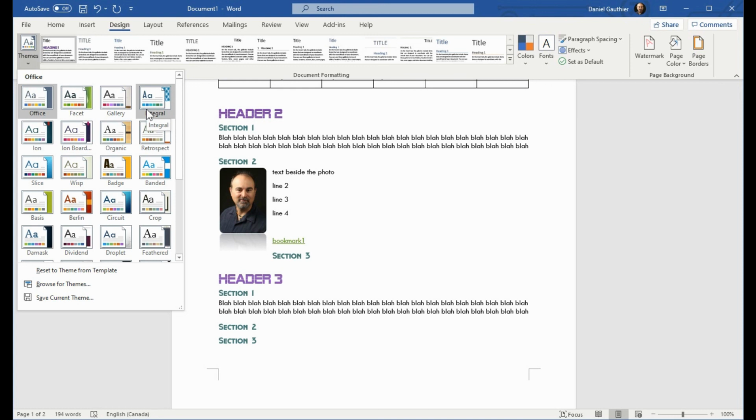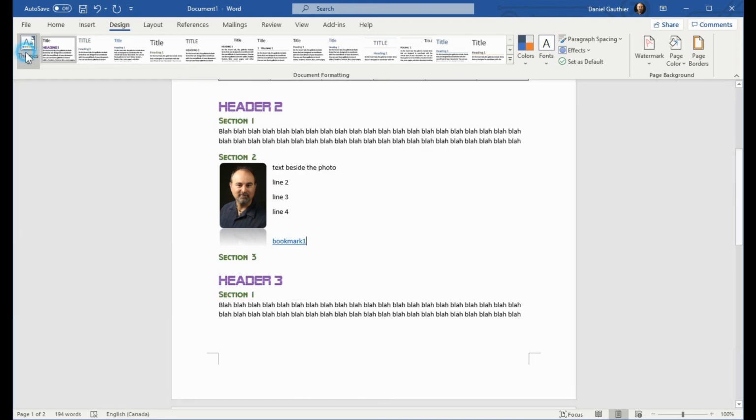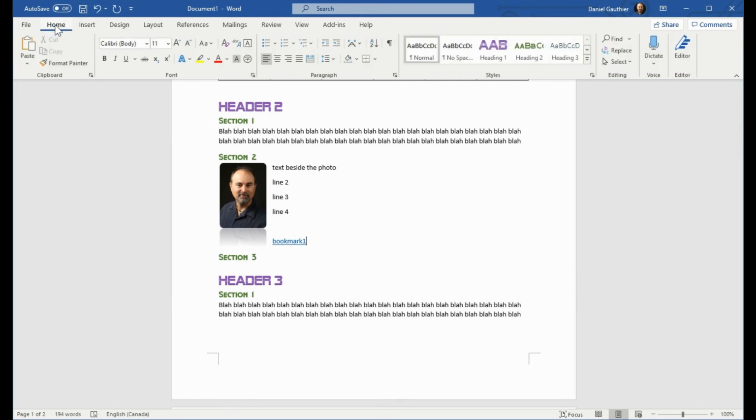So you might want to pick a theme before getting started, but then you may not know what it looks like until after you do this. Personally, I like having more manual control over it, and then working with the styles over here, and then you can modify those.